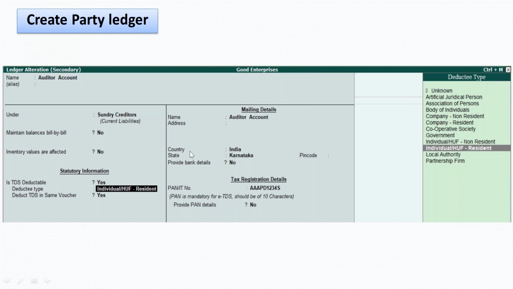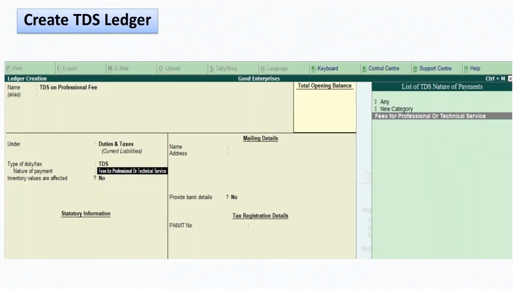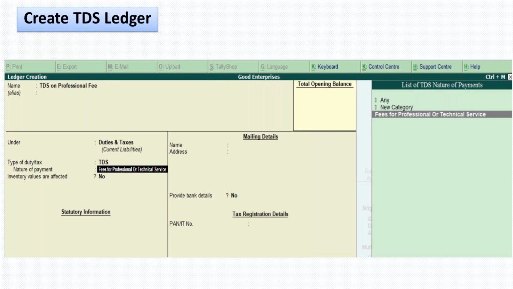Very important is, while creating the party ledger, PAN should be specified here. Otherwise, it will automatically pick the 20% rate, which is the rate to be picked whenever there is no PAN. And this PAN validation also happens, like 10 characters it should have, with the appropriate validation required for a PAN. Then we can create this TDS ledger. So there are three things: the expense ledger, the party ledger, and the TDS ledger. Now in the TDS ledger, again I will select which category it is, and accordingly that will get configured.